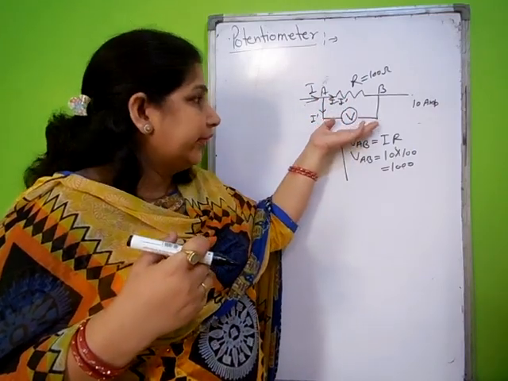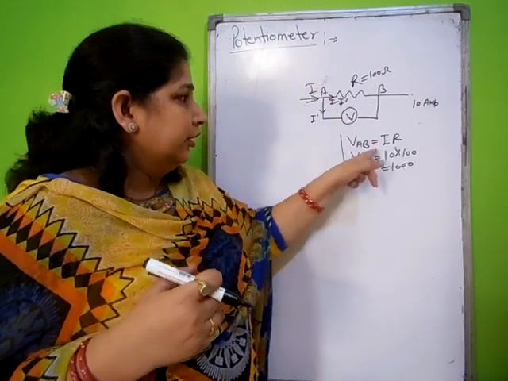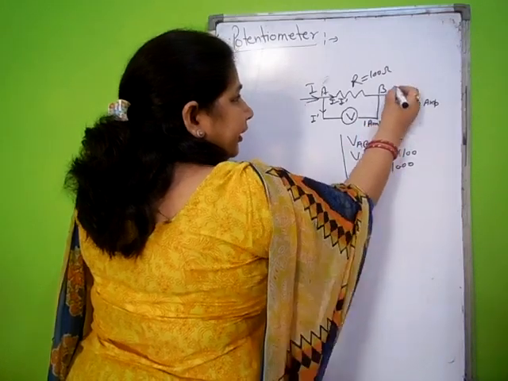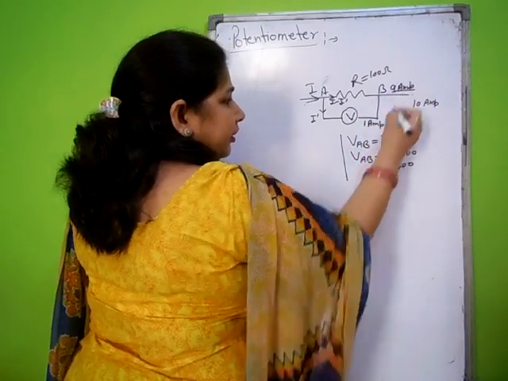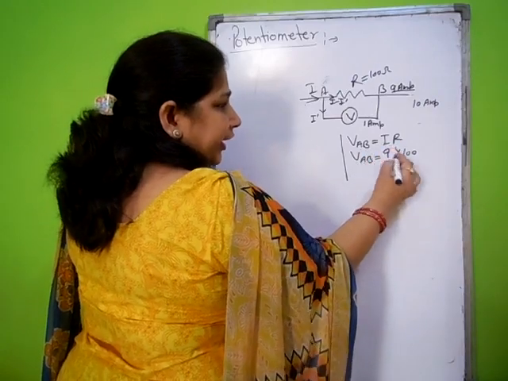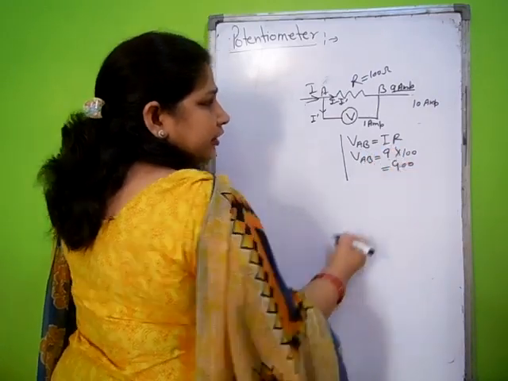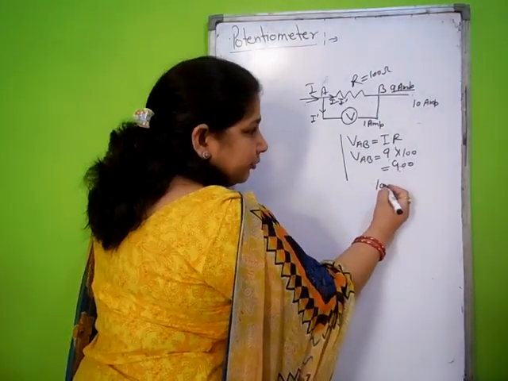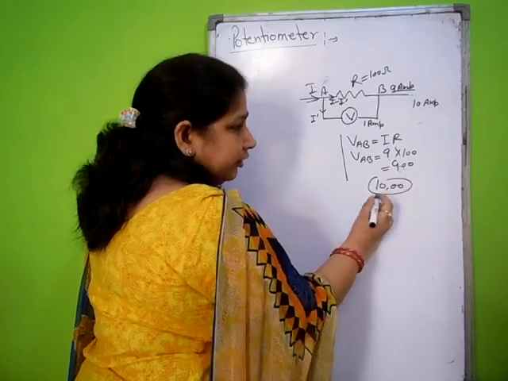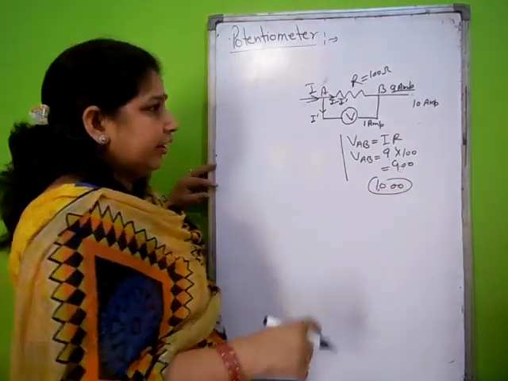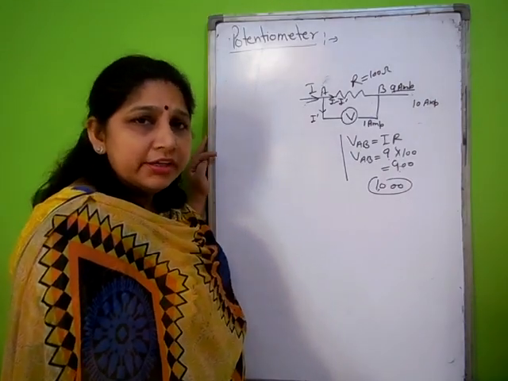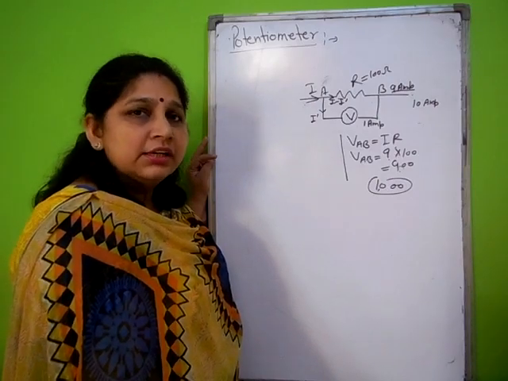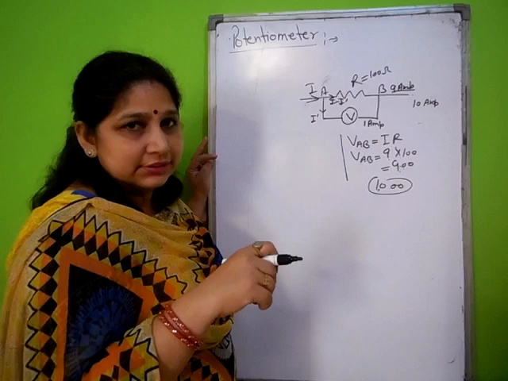Like when there was no voltmeter, the current was passing, now less current will pass. Then suppose it is now 1 ampere from here and 9 ampere from here. Then what do we have? Here we have to write 9 and the result is 900. And previously we have seen that it was 1000. It means when we use a voltmeter, it consumes some amount of energy. That's why it gives us a result which is near to exact, not exact.